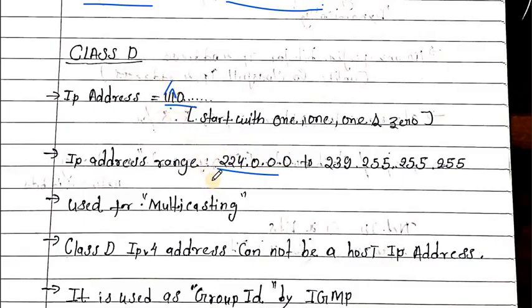So the minimum value is 224 in the first 8-bit block. The maximum value is 239, because this 0 cannot be a 1. For the other bits the maximum is 255, because they have no restriction. So the IP range of class D is 224 to 239,